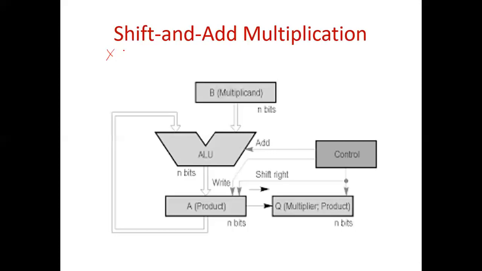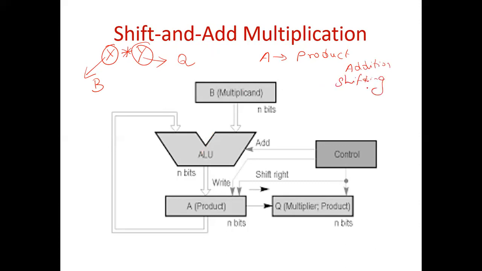Suppose, for example, x multiplied with y. Let us assume my x is the multiplicand, which I will store in a variable called B, and y is the multiplier, which I store in a variable called Q, and in A I am having the actual product. So how will you perform this? I am performing arithmetic and logic operations. Sir, what arithmetic I can understand, sir? You are doing addition. What about logic operation? Logic operation is shifting, right? Actually, you are doing a shifting operation.